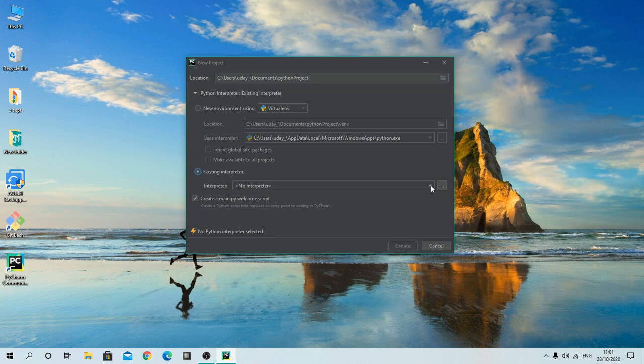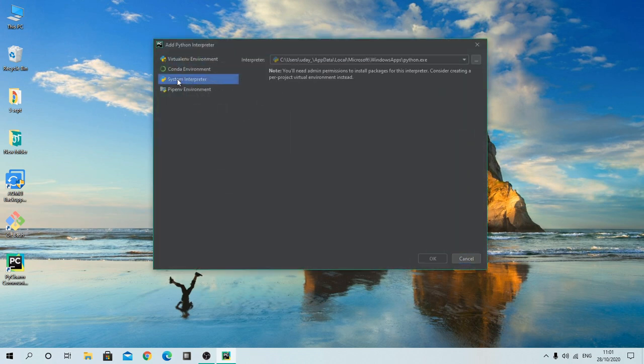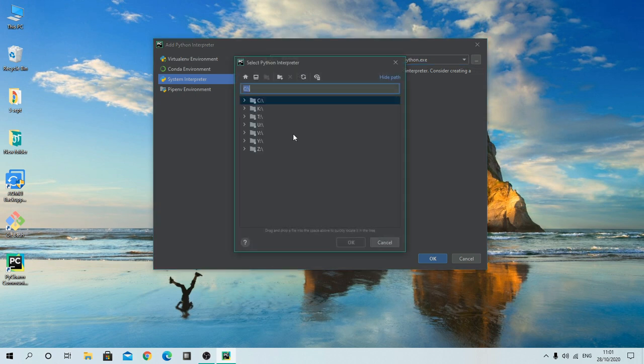Then here you need to click on these three dots, go to system interpreter, and select the Python which is installed in your system. Select the exe of Python wherever you have installed it. In my previous video I showed you how to install Python, so I will just select that.